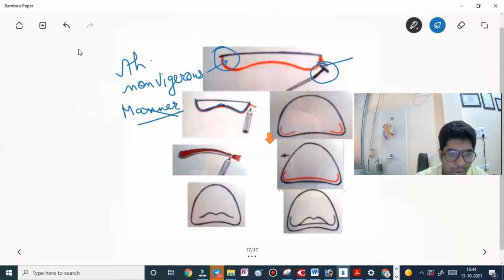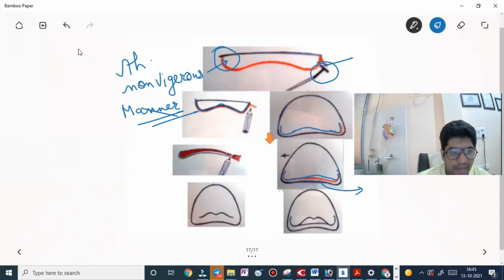So the line that is marked in the hamular notch is connected with the posterior vibrating line. This line is connected using a pencil and will form the posterior border of the denture. The trial base is inserted into the patient's mouth so that the indelible markings are transferred to the trial base.